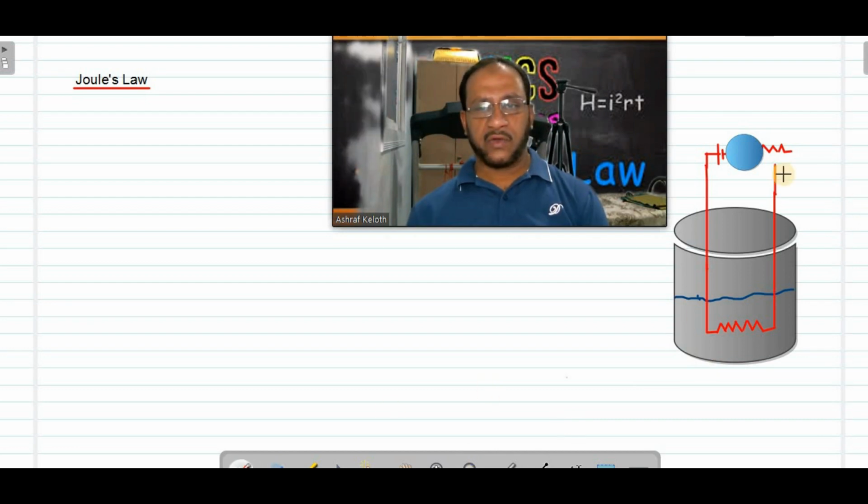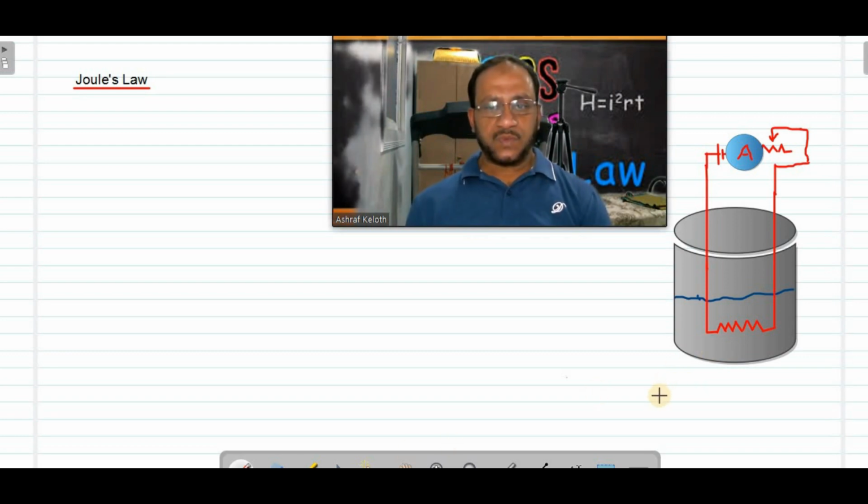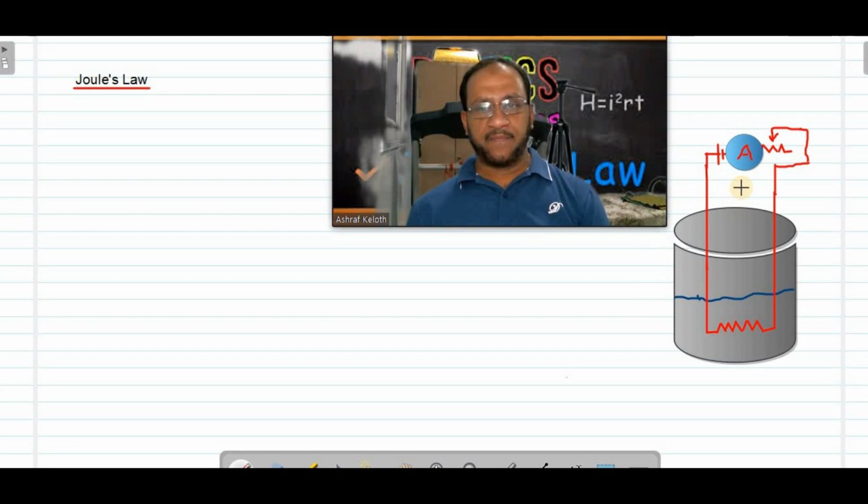So we have a rheostat here. The rheostat is used for controlling the current. We can increase or decrease the current by adjusting the resistance in the circuit by using the rheostat. This is the rheostat. This is the ammeter. Now we are performing the experiment. Initially I am adjusting the rheostat and making the current in the circuit some 10 milliampere. Current is made, I is equal to 10 milliampere.